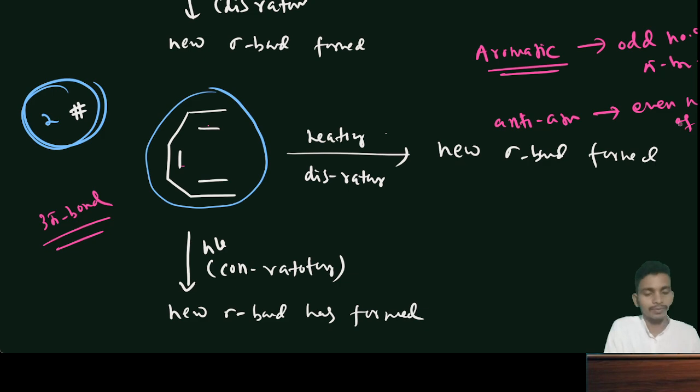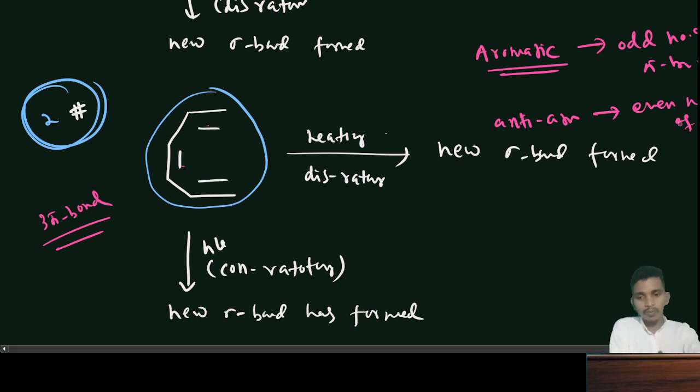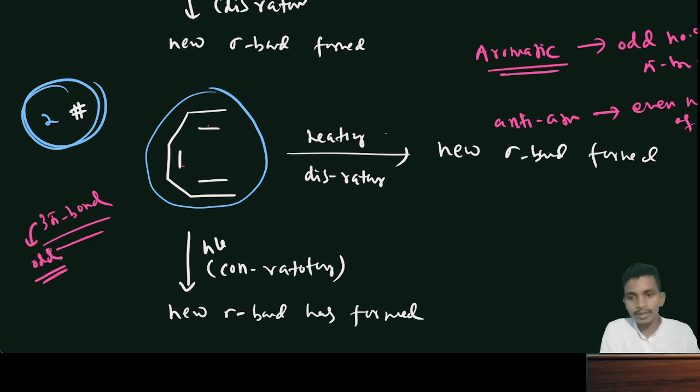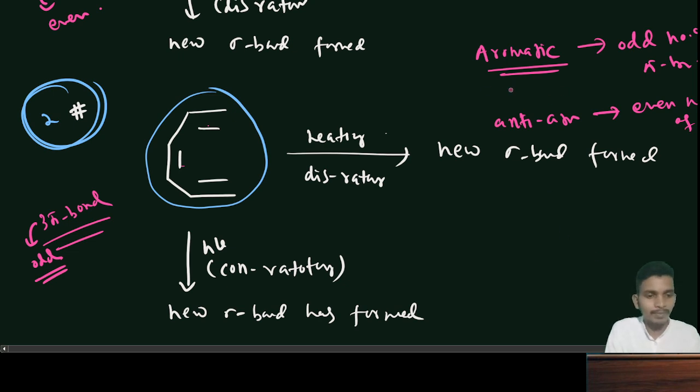The same thing you apply here: three means odd, and here we have two, which means even. So aromatic means 4n